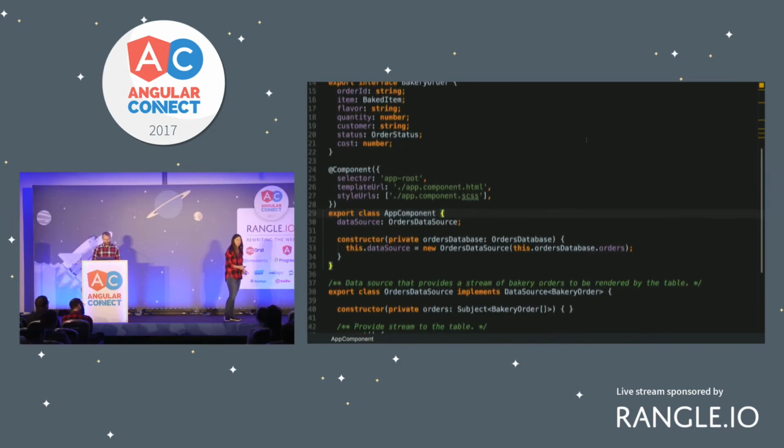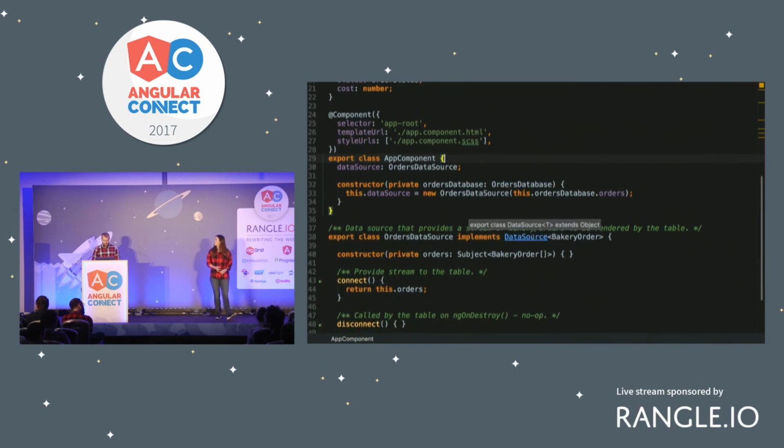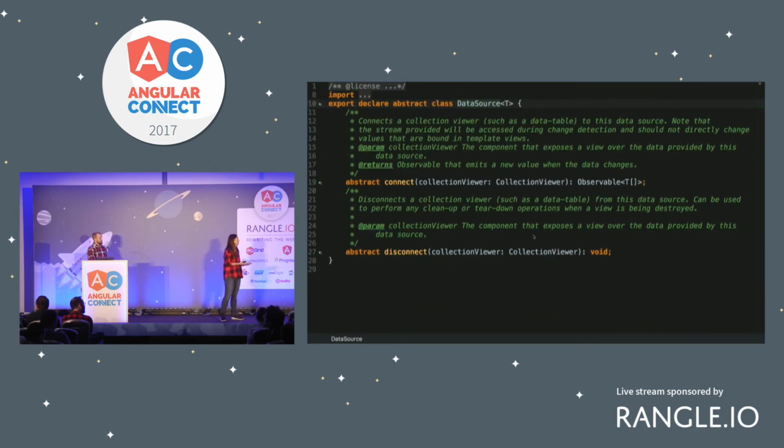The data source itself is pretty simple. Can we look at it real fast, Andrew? So the implementation for data source. There's really only two parts to this. First we have our connect method, and this is just that one stream of data we kept seeing being passed from the data source to our table. And the second part is this disconnect method. Disconnect is just the type of cleanup you want, so cleaning up any observables, any unsubscribes, or anything you like in that regard. All right, so back to our app